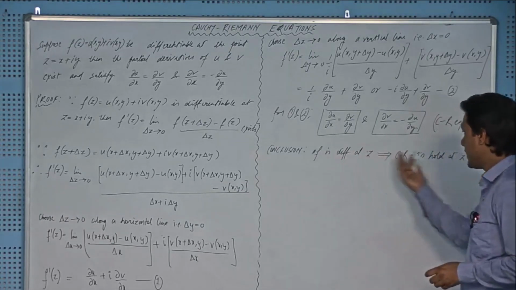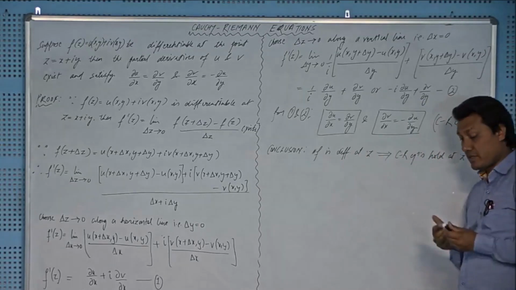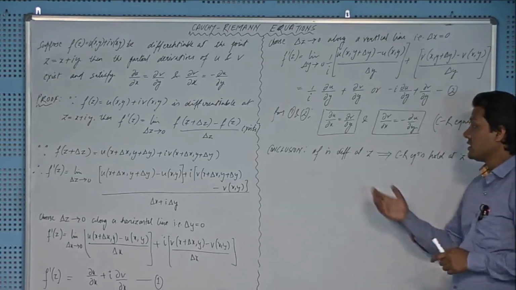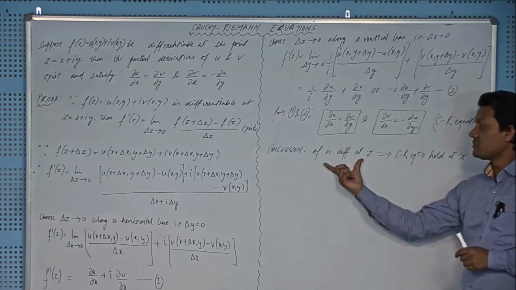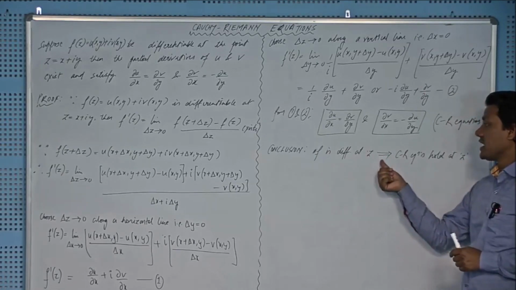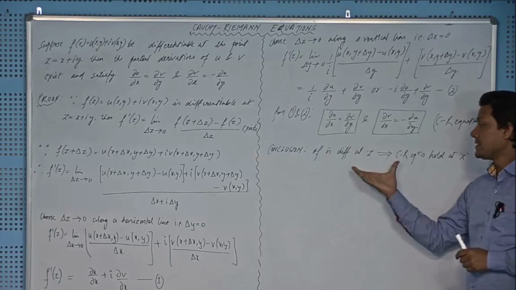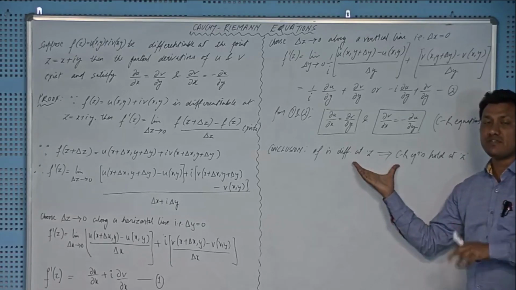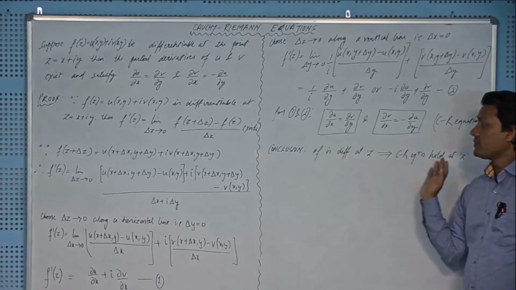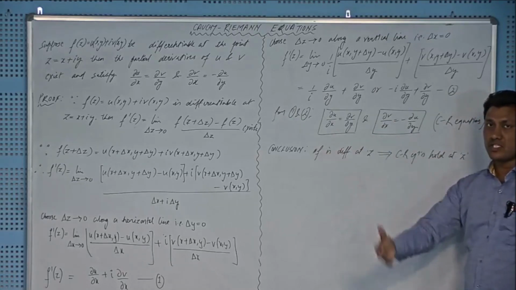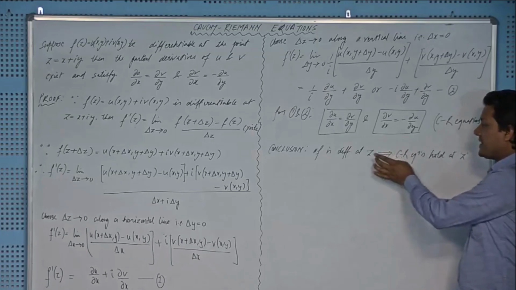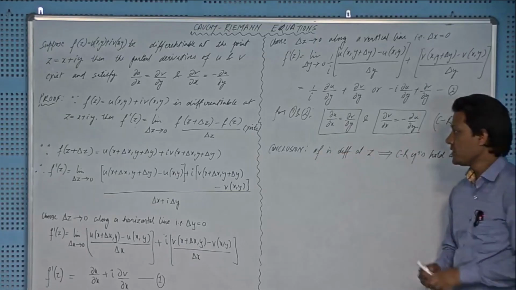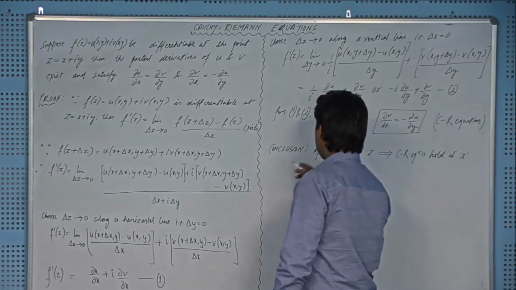And since this is an implication, by implication I mean that whenever there is a combination of two statements, one statement is this and the second is this, and here we have this implication, implies. This is called a conditional statement, an if-then statement. So the contrapositive is always true. The contrapositive is written by negating this one first, with the word not, and then this one, with not. So remember, it's the contrapositive,